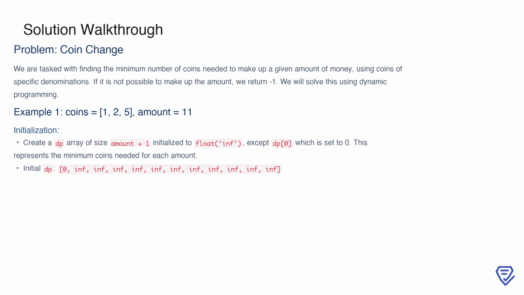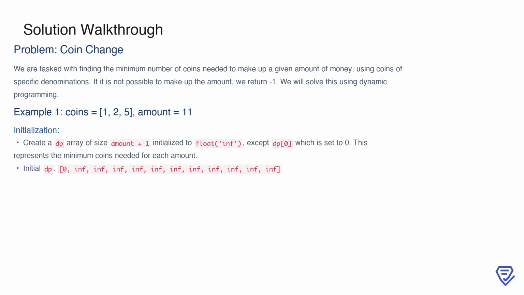Let's consider an example where the coins available are 1, 2, 5, and the target amount is 11. First, we initialize a DP array of size amount plus 1. This array will help us track the minimum number of coins needed for each amount from 0 to 11. Initially, we set dp[0] to 0 since no coins are needed to form an amount of 0, and we set all other values to infinity, float('inf'), because we haven't